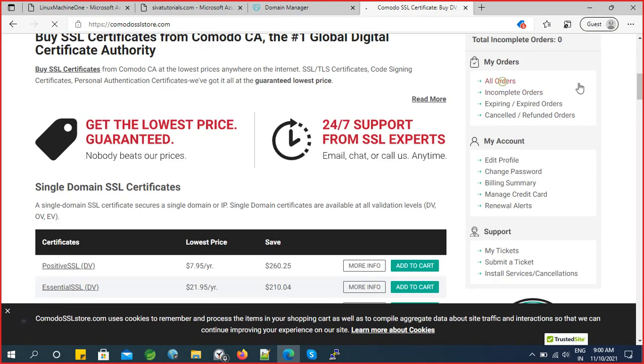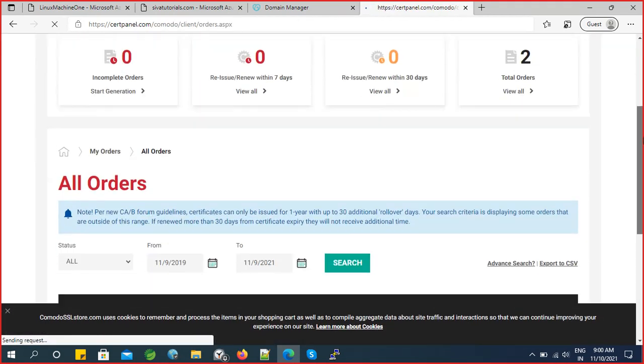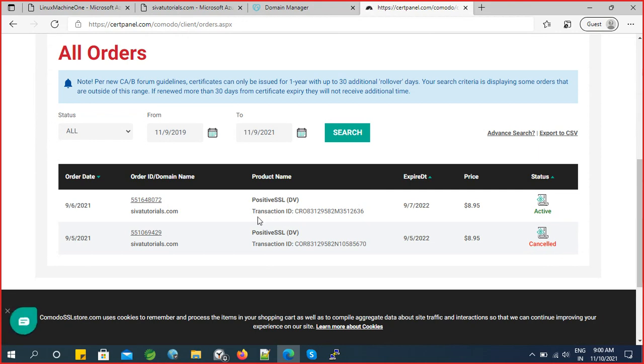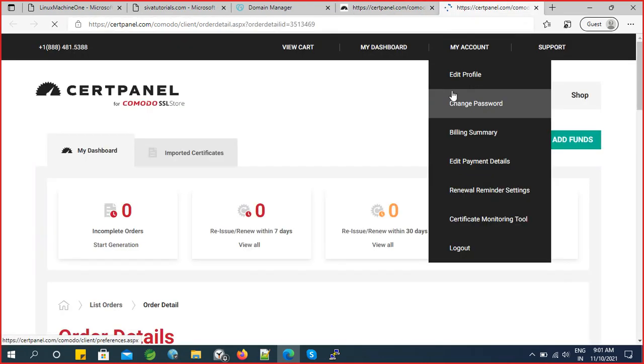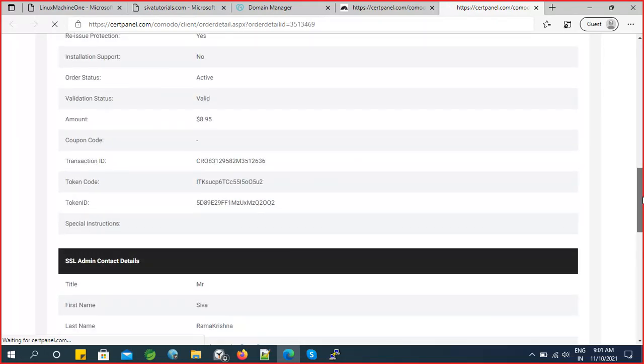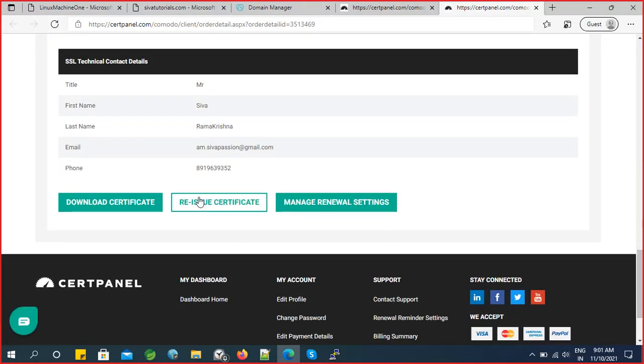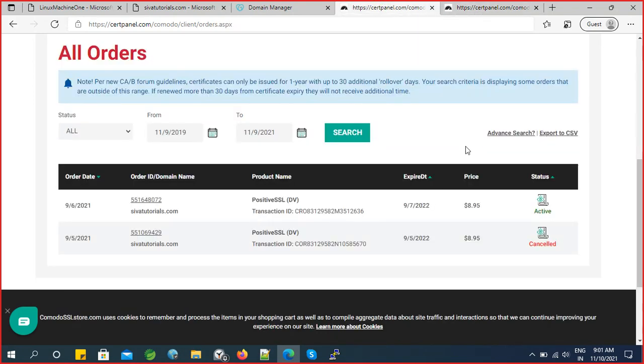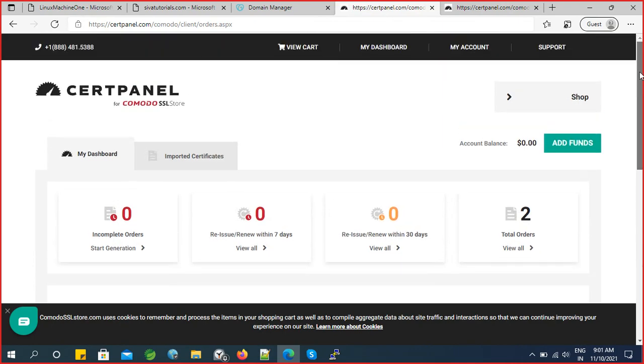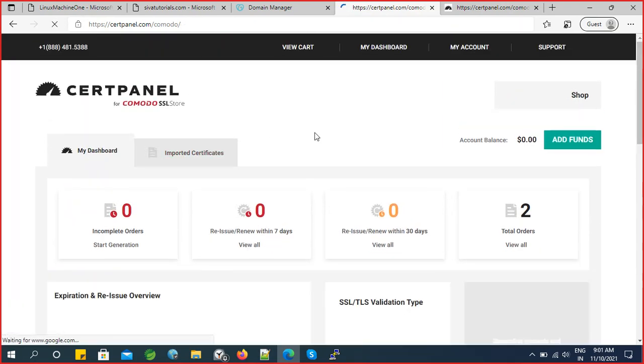So if you go to all orders, in our last class, if you observe, the status was pending, so now it is active. Okay, but currently one more time, what I'm going to do is reissue certificate. So basically you are not able to get this reissue certificate, all these things. So basically what you need to do is, if you want to practice this concept,